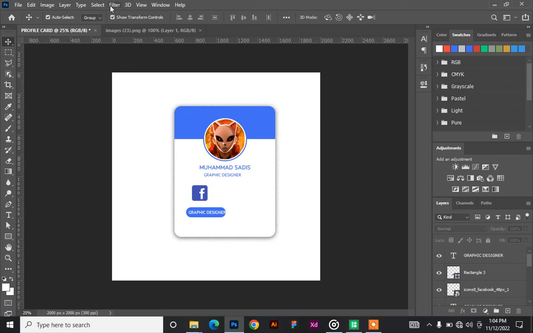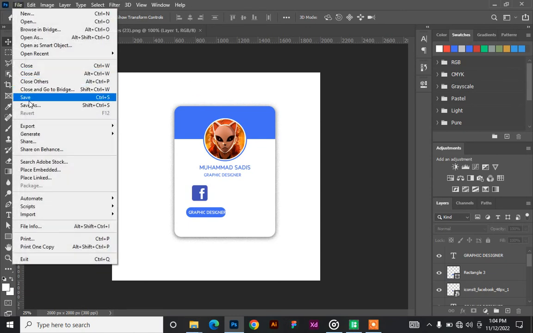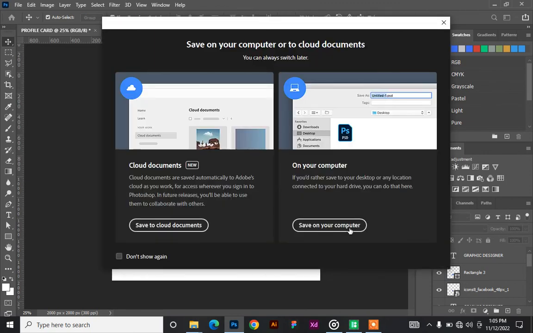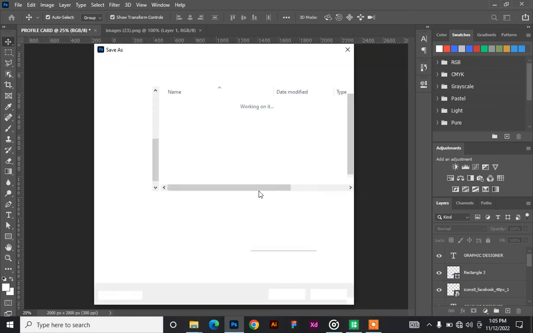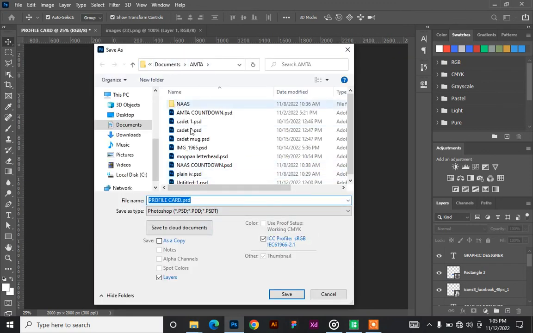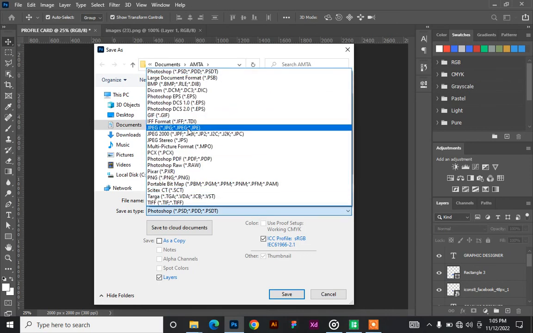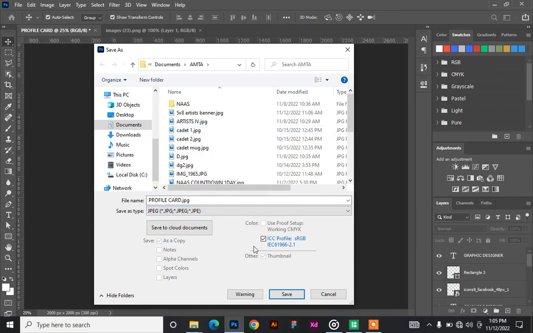Okay, one last thing, if you want to save your work, you go to File, Save As. Let's say you want to save it as an image and share it with us after you are done with your work. So you go to Save As to show you the folder you want to save and the name. So here, file type. If you save it as PSD, that is the Photoshop document. You need to save your work immediately you start as a Photoshop document so that you'll be able to edit it next time. But for now, we don't need it as an image. So you click and then you go to JPEG. You click on JPEG and then you just save it